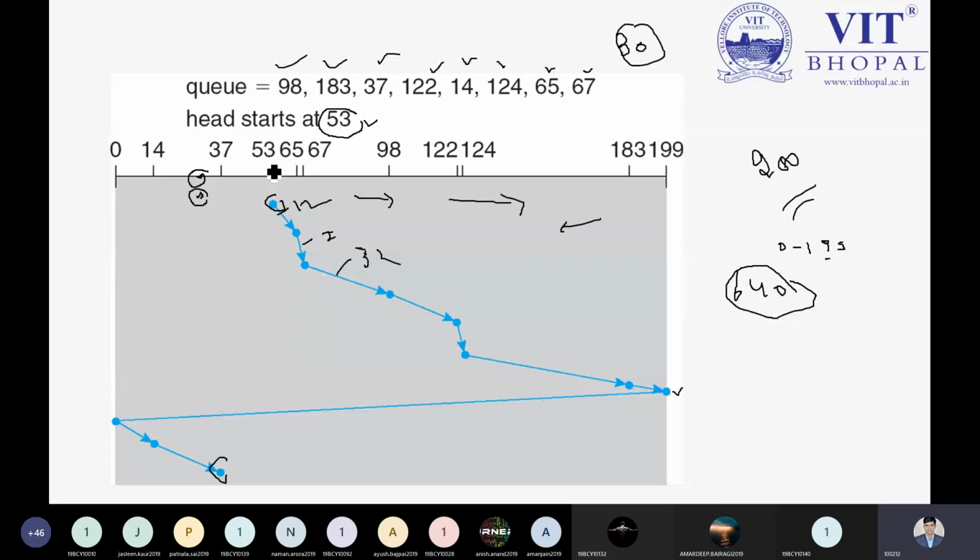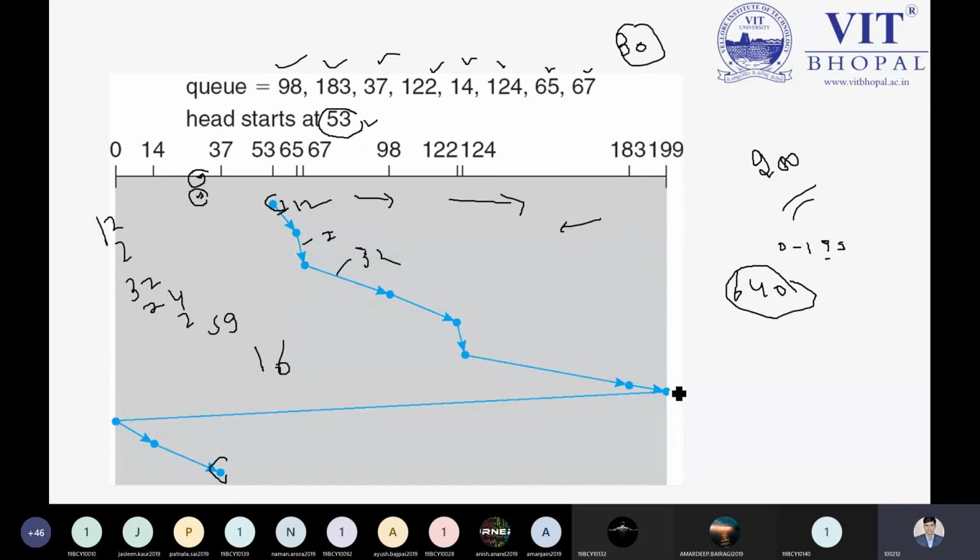So the difference between the first, we have 53 and then 65, so we have 12. Then 65 to 7, we have 2, and then we have 65 to 98, so we have 32, and now we have 24. I'm just writing directly. Okay, 59 and then 16, and you need to also count this 183 to 199 because